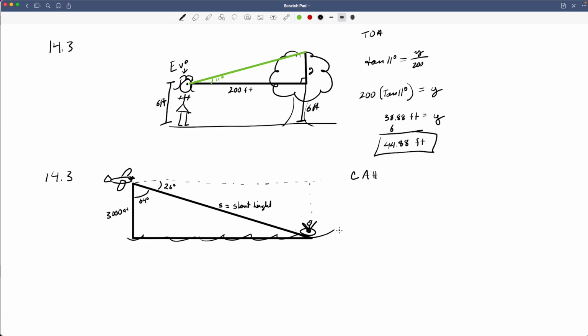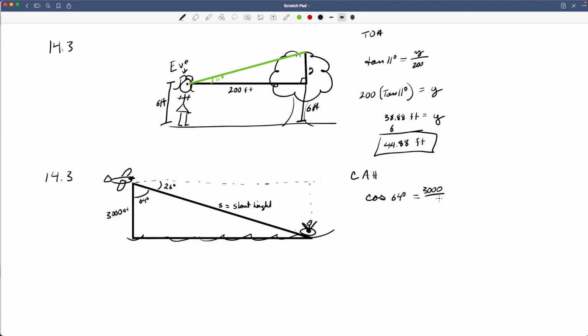That's why I have to say all three, because I'll do "co" for some reason because of cosine when it should be "ka." So "ka toa" helps me remember to do it the right way. So that's going to be the cosine of 64 degrees is equal to the adjacent, which is 3,000 feet. That's why we're using cosine. So 3,000